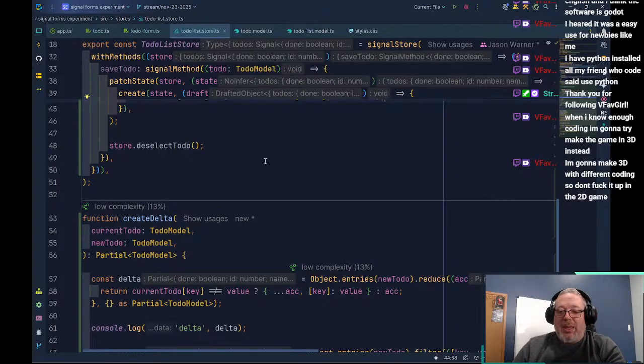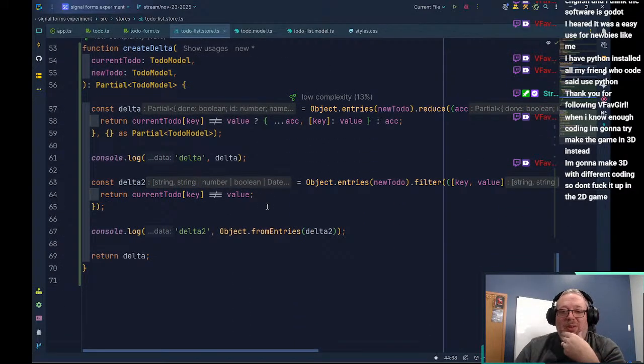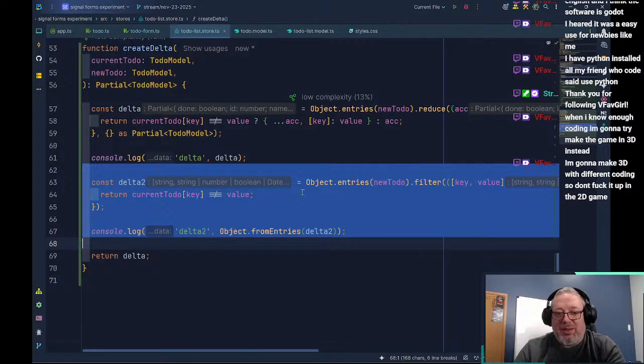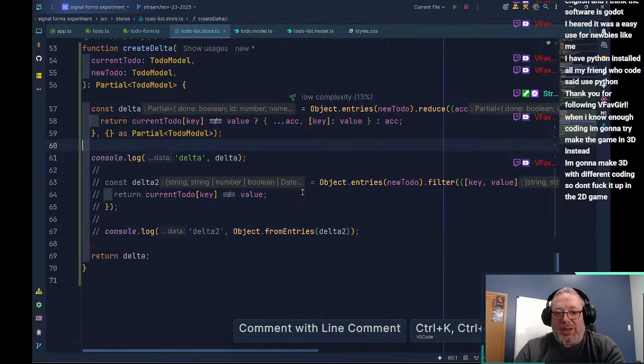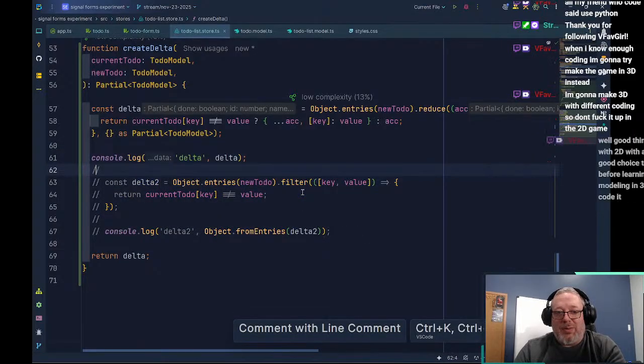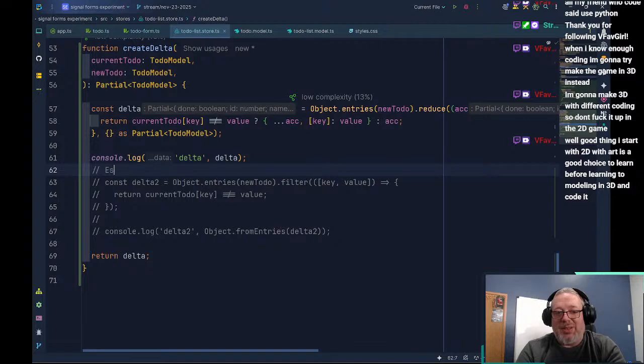So anyway, coming back to what we were doing, I'm going to get rid of the second delta. It's just wasting. We'll comment it, right? We'll just say, hey, this is an example of not using reduce, right?